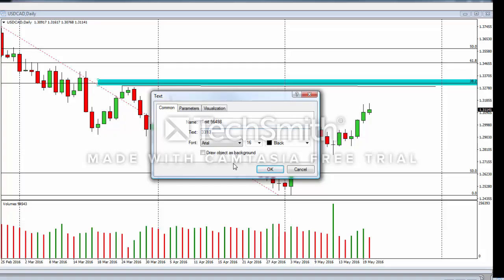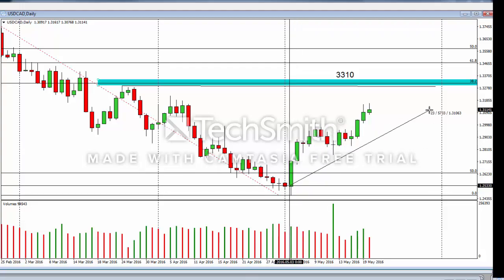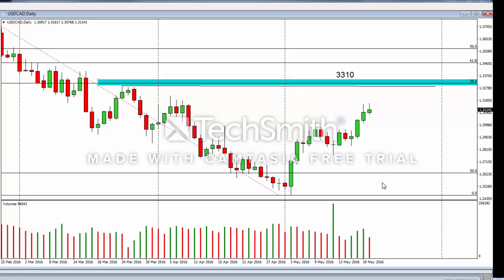3310 is where we're going to be looking to take this short. The reaction we had off here, we didn't see the market come down. We haven't come back and retested into this level. I don't have specific targets for this short, and being an intraday trader, we tend to look to trade